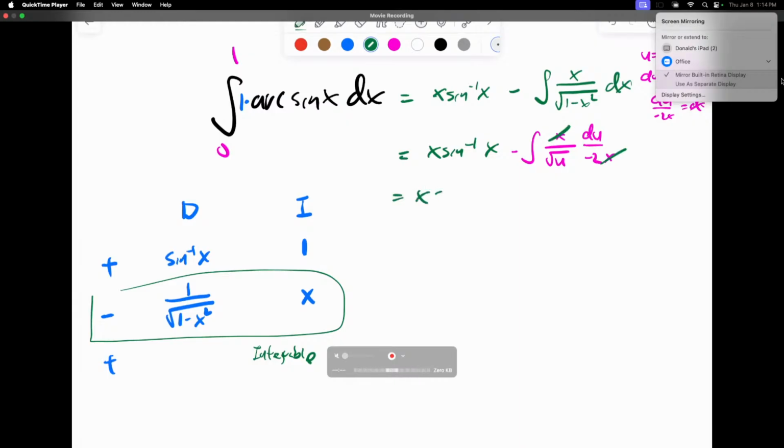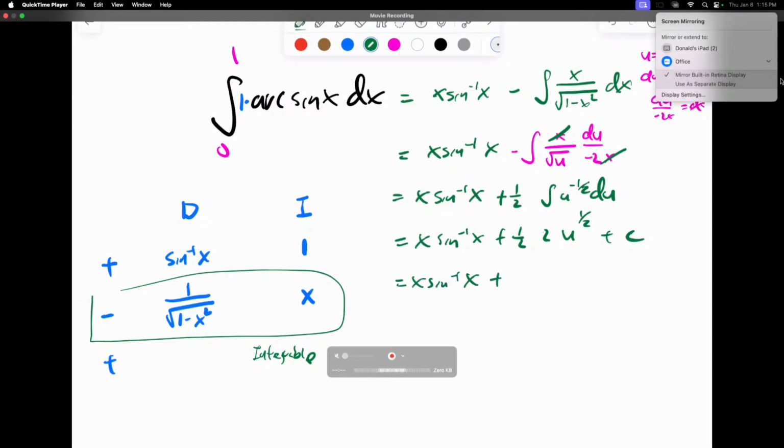So that's going to be x sine inverse of x plus 1/2 integration of u to the negative 1/2 du. Is that okay? That's equal to x sine inverse of x plus 1/2 u to the 1/2 times 2 plus c. So that's equal to x sine inverse of x plus u to the 1/2, which is square root 1 minus